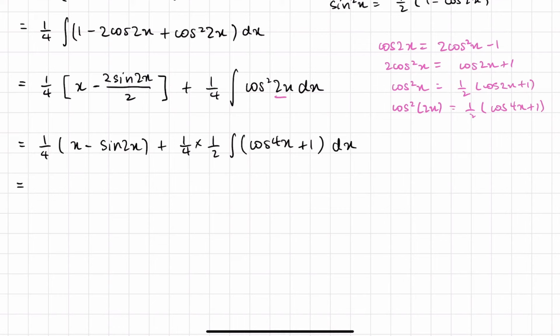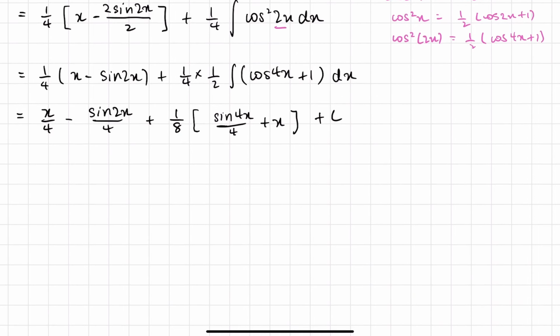So we should see the light now at the end of the tunnel. Let's expand this. X on 4 minus sine 2x on 4 plus 1 on 8 sine 4x on 4 plus x plus c,